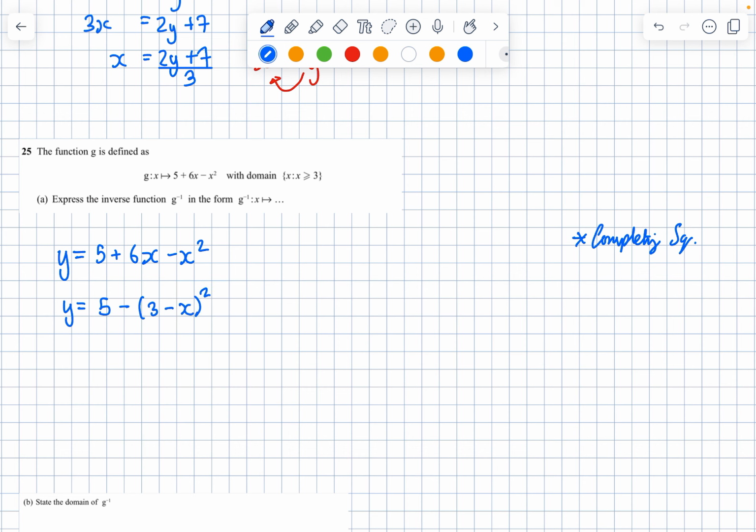So if you imagine, normally when we do this, we say that the quadratic is ax squared plus bx plus c. So here, a was minus 1, b is 6. So I've taken half of that. And now I've got to subtract, or in this case, what I'm going to end up with is, I get a 9 from 3 squared. So actually, I've got to add that back. Because when I expand